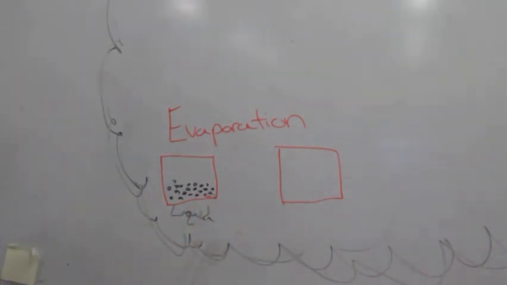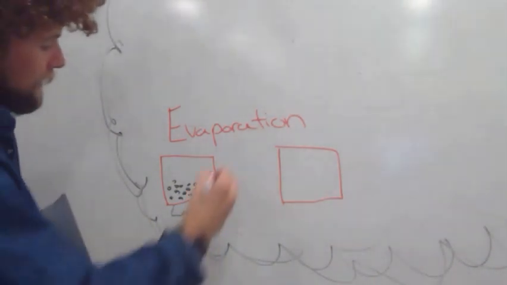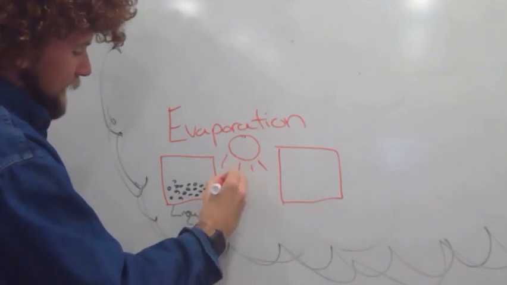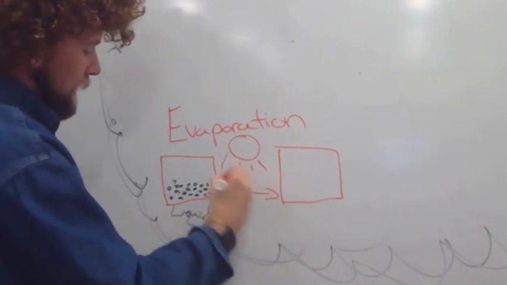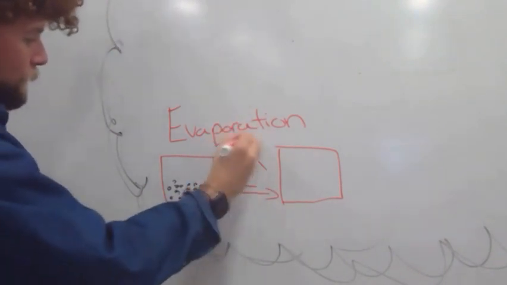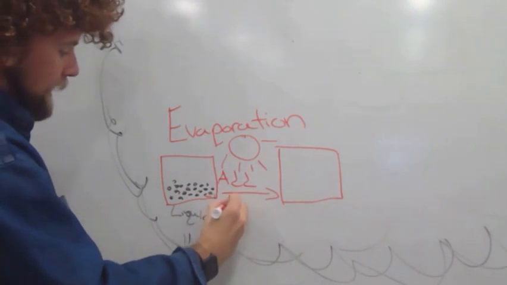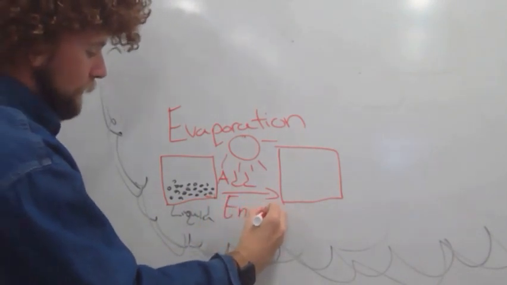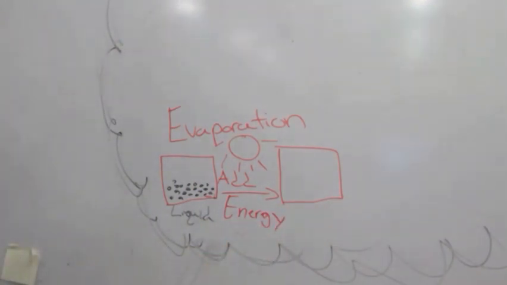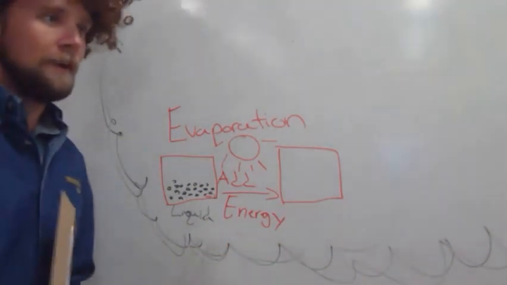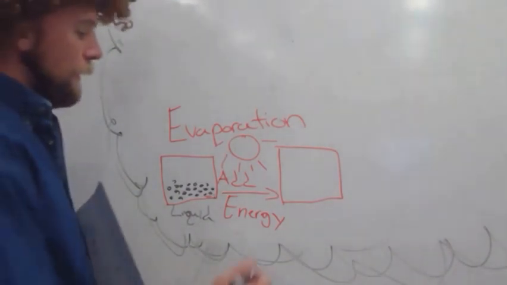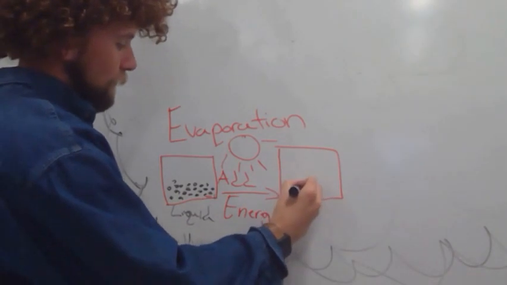Now what's going to happen is we're going to have the big old sun come in here, and it's going to rain down its happy little rays. And we're going to then add energy. So as this sun is raining down, it's going to add in some heat energy, some thermal energy. And what's going to happen is all these little molecules, they're going to get a little too hot. They're going to need to move around and break away from everyone to kind of cool off. So they're going to start to spread out,